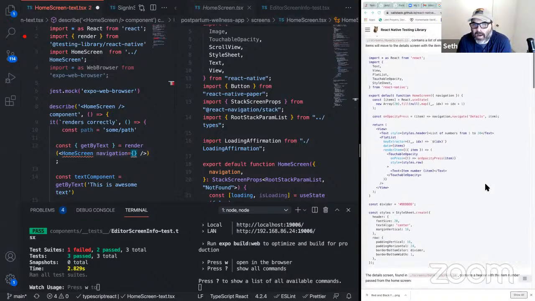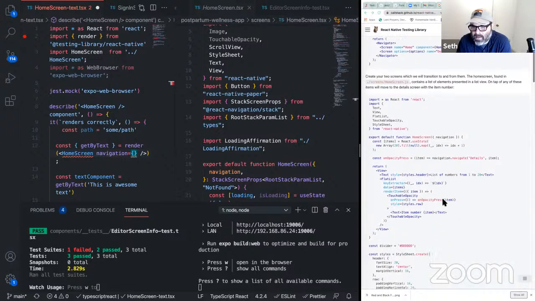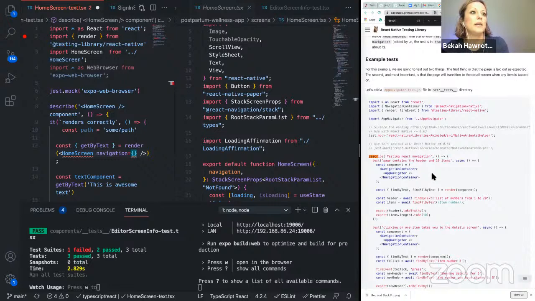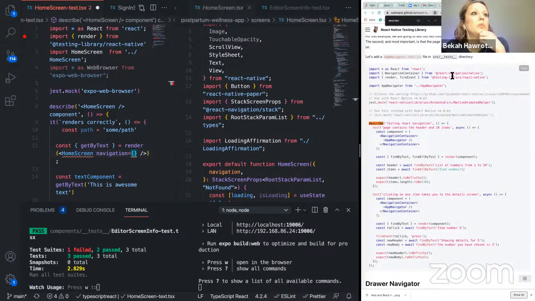Did I pass it up? Right. Yeah. On opacity press, navigation.navigate. Oh, okay. No, this is the component, right? And so we want to find where they're, here we go. Oh, I see. Okay. All right. So they are importing navigation container from, and the app navigator, but are they testing the app navigator? Yeah, this is what they're testing. Testing React navigation.